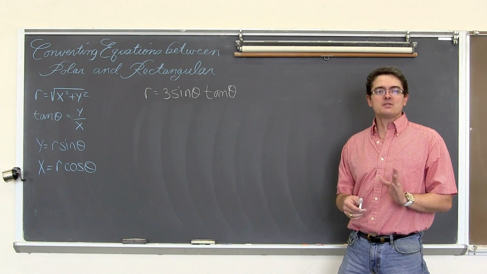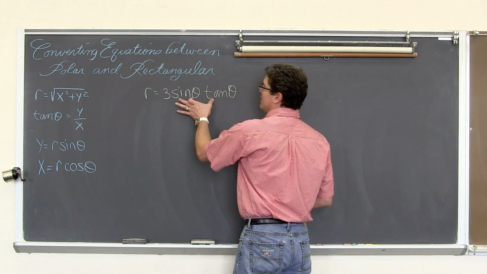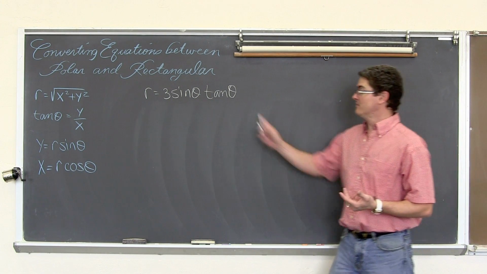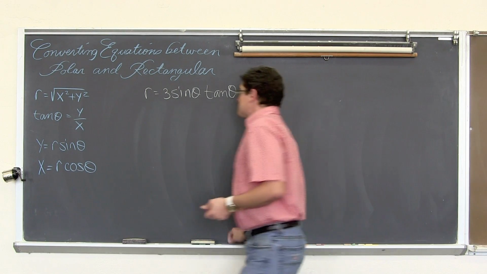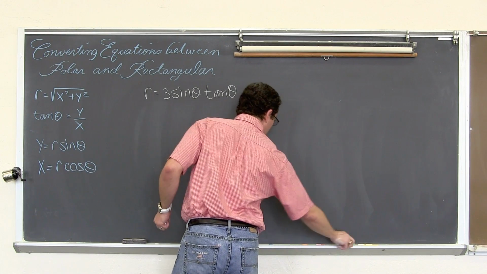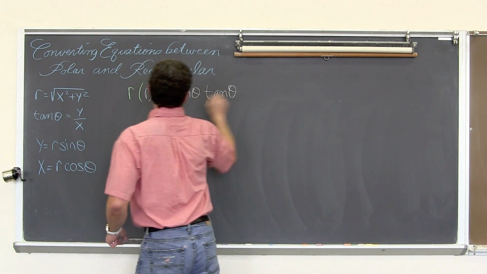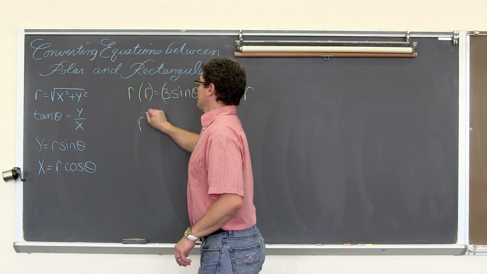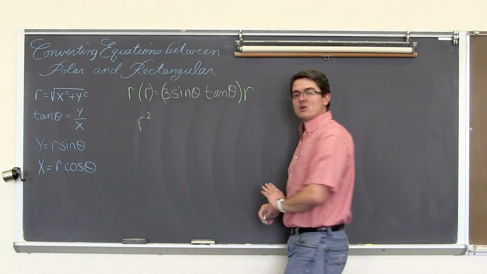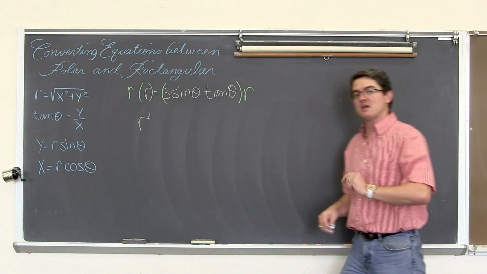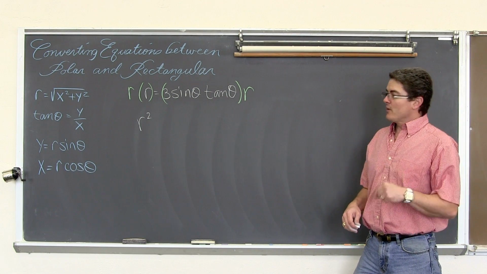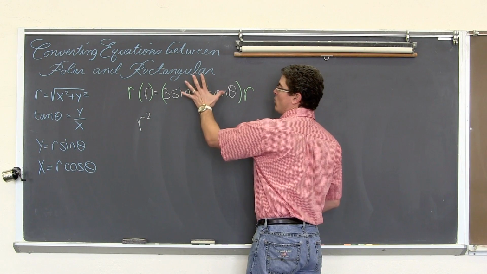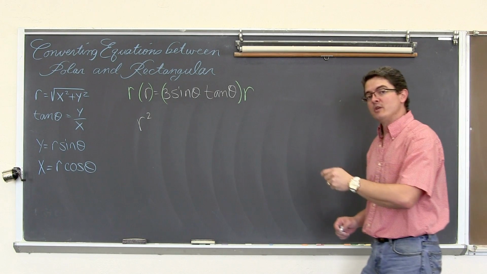Now I only have one term on both sides of the equation, one on the left and one large one on the right. Remember, terms are separated by addition and subtraction. There is none, so this is one term. So when I multiply both sides of the equation by r, I'm going to get r squared. There's not multiple terms in here, so there's not going to be any distributive property. It's not 3r sine theta, r tangent theta. I'm not putting in 2 r's, I'm putting in just one, and this is, again, one term. So no distributive property.